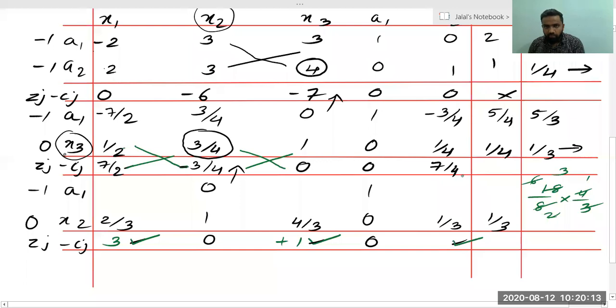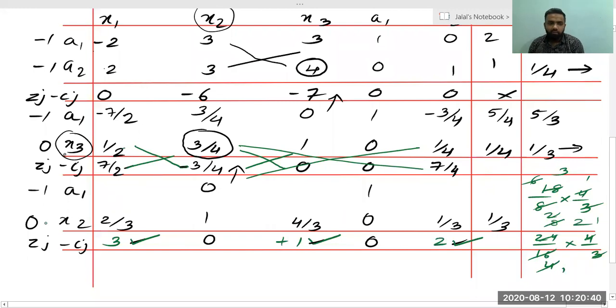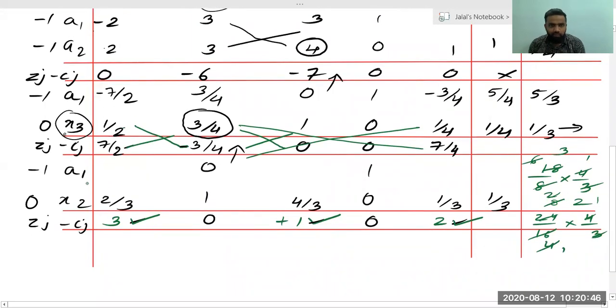To find this value, this will again be 21 by 16, right? If we try to multiply this, 21 by 16 minus and minus plus, it will become 21 plus 3. So this will be 24 by 16 into 4 by 3. So this will be 3 ones are 3, 8s are 4, ones are 4, 4s are 4, ones are 4, 2s are. So I think I am getting 2, which is positive. So you can see here, just look at this value. All the values. I am not actually looking to find these values also. You can find them. But what I am saying, all Zj minus Cj are greater than or equal to 0.